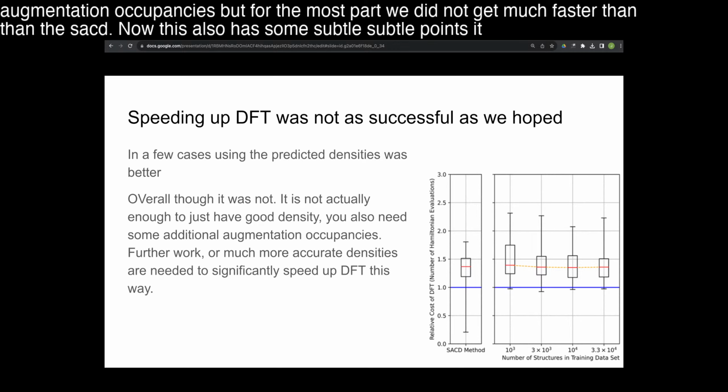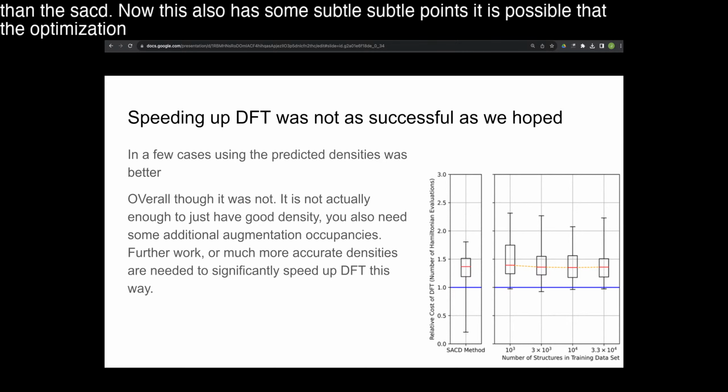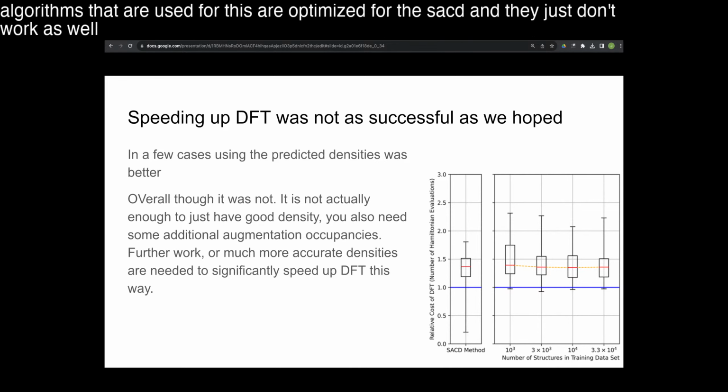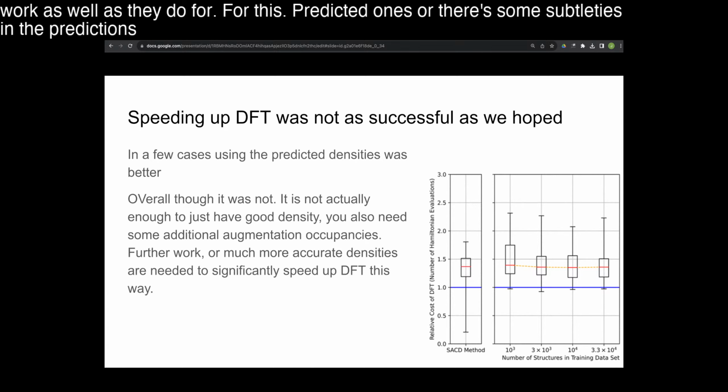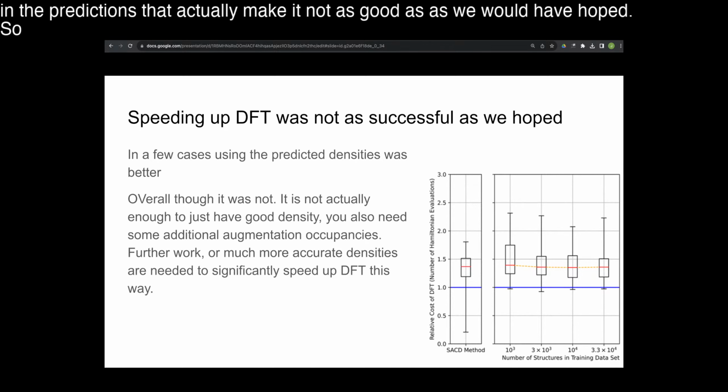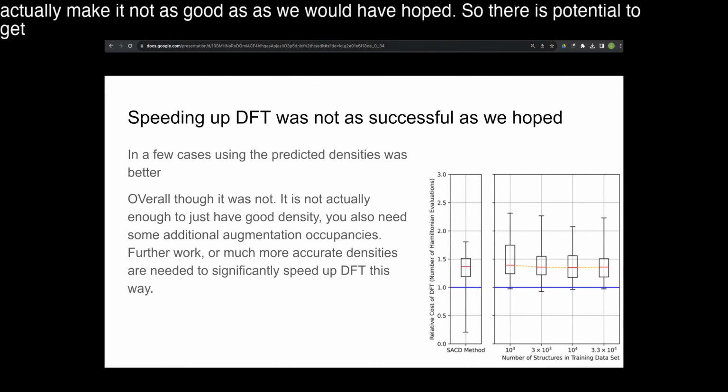It is possible that the optimization algorithms that are used for this are optimized for the SACD, and they just don't work as well for the predicted ones. Or there's some subtleties in the predictions that actually make it not as good as we would have hoped. So there is potential to get better agreement there,